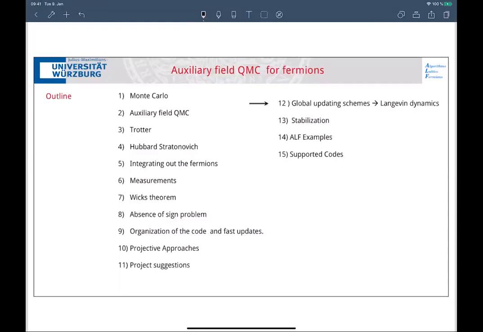So now we come to the third and last Fermion Monte Carlo talk by Professor Assaad. He's gonna go over the topics that you can see here, and immediately afterwards, he's gonna also give his second talk planned for today, which is on the models present already in ALF, and which constitutes the last ALF basics talk as well. So there are going to be two talks at once now by the same speaker. Thank you, Fakher. It's your turn.